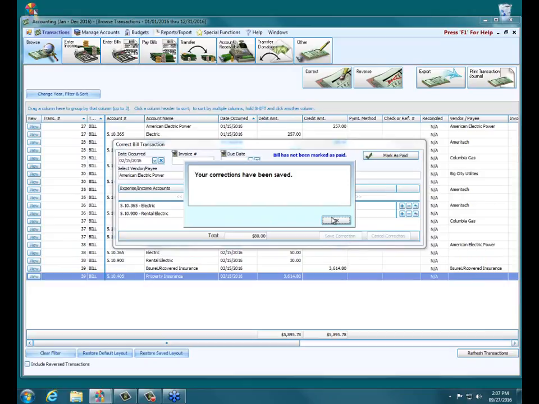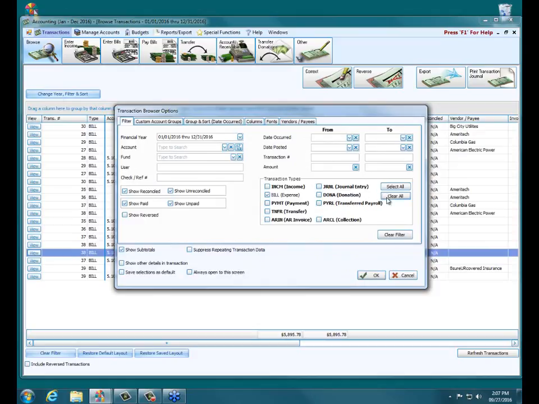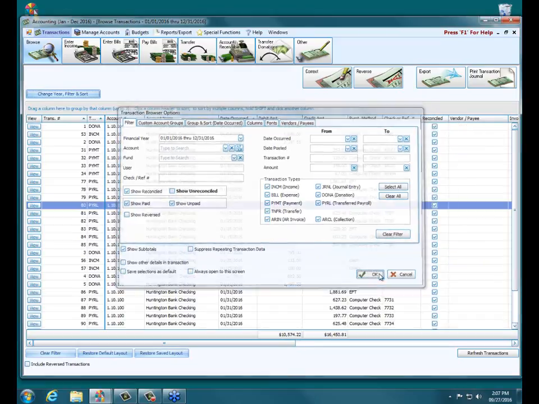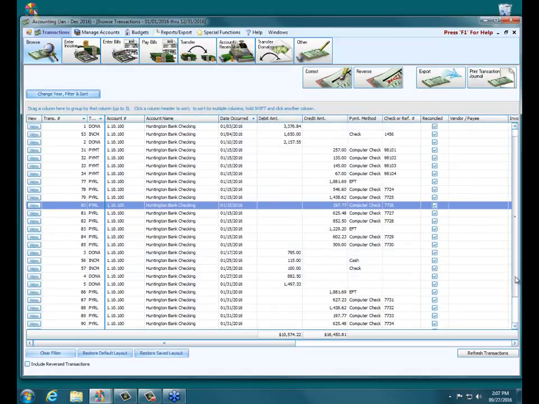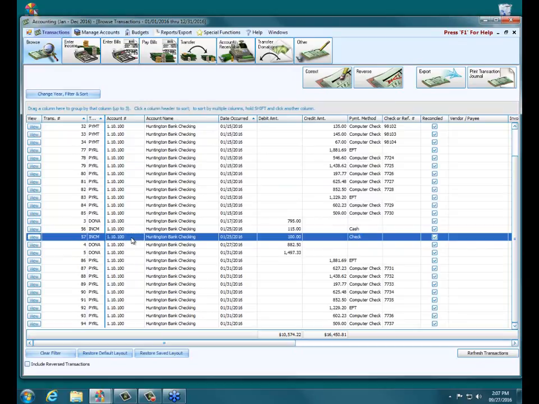There are times, however, when something else that does require maintaining the audit trail is necessary, and it does warrant a reversal. But before we get to that, a couple of things we want to point out. A correction no-no is this: if I go back and show just my reconciled transactions here, I do have some transactions reconciled for 2016. If I come in here and say, okay, I've got this income transaction that I want to reverse, and this is true about anything that affects our cash accounts,